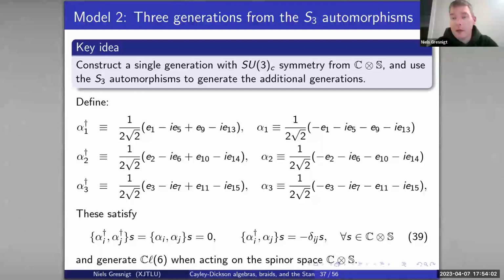If I could make one more comment about Cole's earlier question, maybe one way to have the generations independent is, if you look at the slide here, the way I've defined the ladder operators, I haven't used any of the shared quaternion elements. So I haven't used E4, E8, or E12. So there's an extra quaternion still sitting there unused. I don't know if that could be used. But it would have to live.